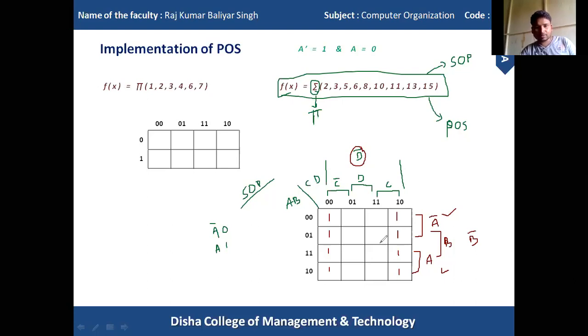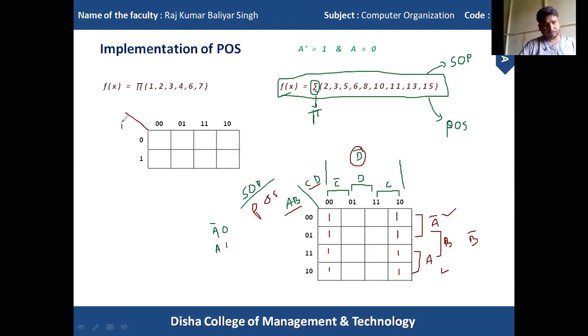This applies in both cases, SOP or POS. If it is POS, then there is just a little change here. Instead of A dot B, it should be A plus B. Or instead of A dot C, it should be A plus C. Instead of C dot D, it should be C plus D. So again it will be replaced: this is C naught, this is D naught, this is D. Some minor changes will be there, but the rule is the same for both cases, SOP and POS.